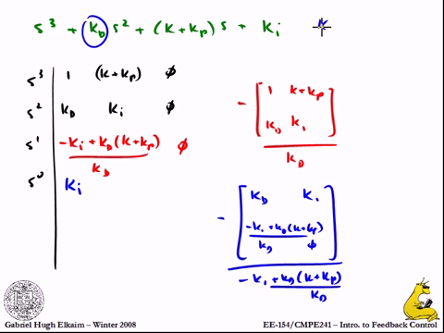I can tell you that Kd has to be greater than 0, and that Ki has to be greater than 0, and that K plus Kp has to be greater than 0. I already knew those just by examining the necessary but not sufficient condition of the polynomial. If I look at this first column, Ki is greater than 0, Kd is greater than 0. So really I've got to look at this one. And that is that,